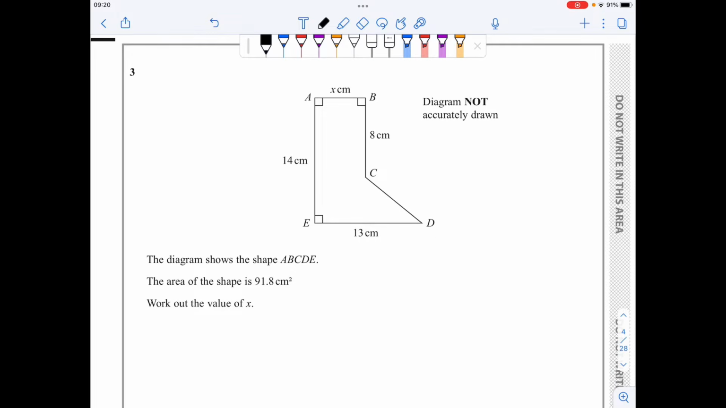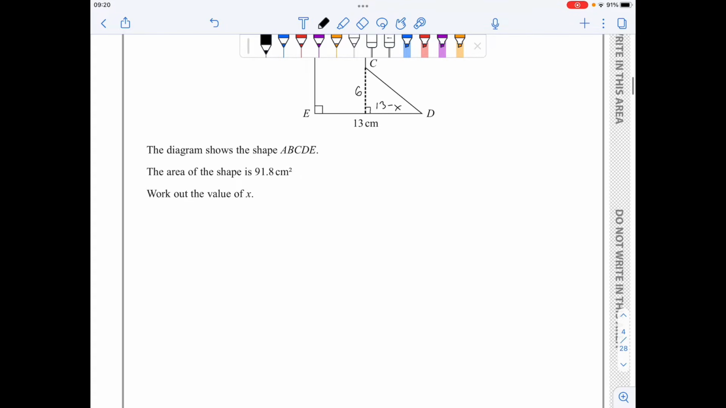For question 3, I'll split this shape into a rectangle and a triangle like this. Now the base of the triangle is 13 minus x. So 13 minus x is this one. The height is 14, which is the whole thing, minus 8, so I get a 6. Hence, the equation will be the following. 14x, this is the area of the rectangle, plus 6 times 13 minus x over 2, that's the formula for the area of the triangle, must be equal to